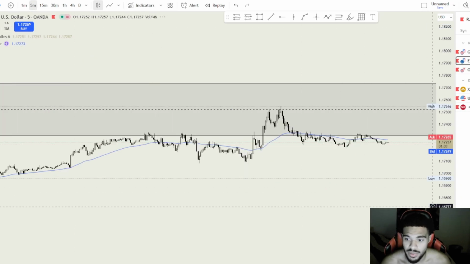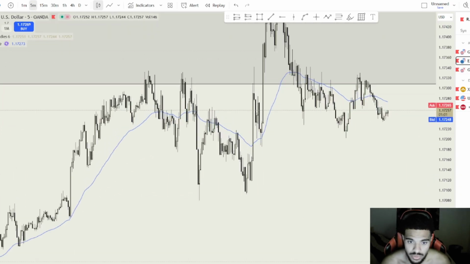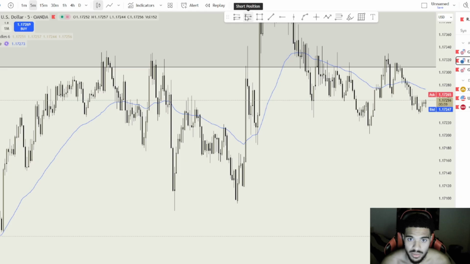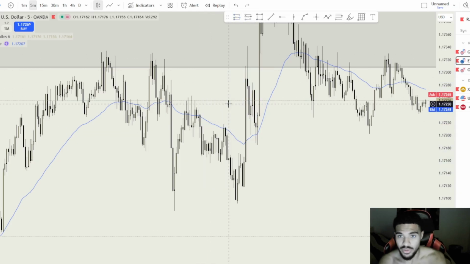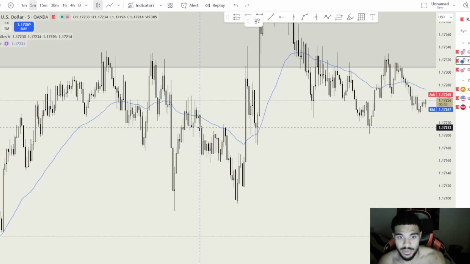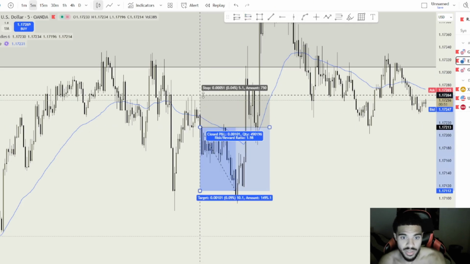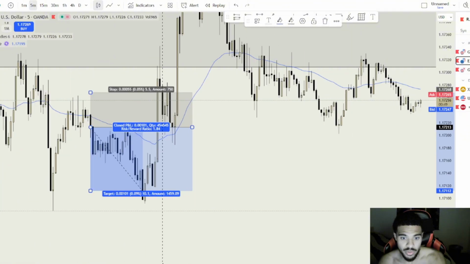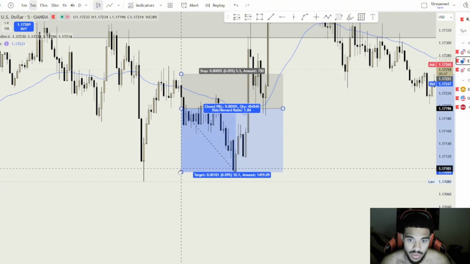So yeah, 5-minute time frame. We entered here. I think we were up. If you go have a look in the Telegram, we were up on this position, and we did get stopped out. We had stops above here for a 1 to 2.